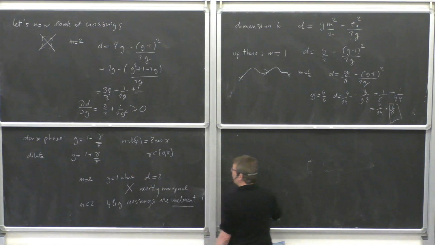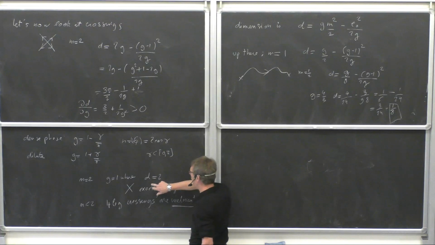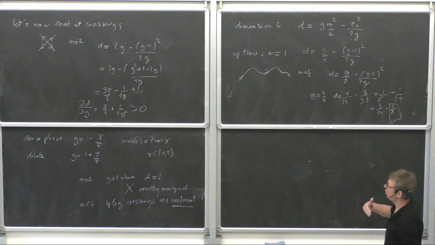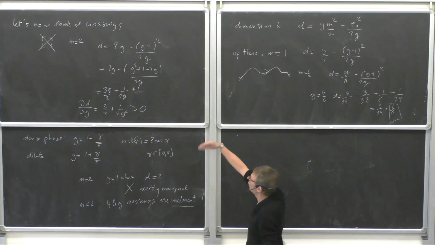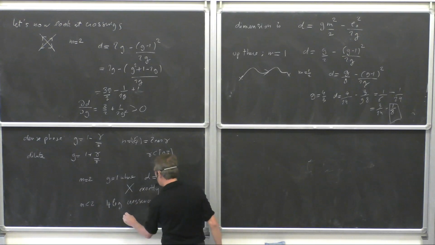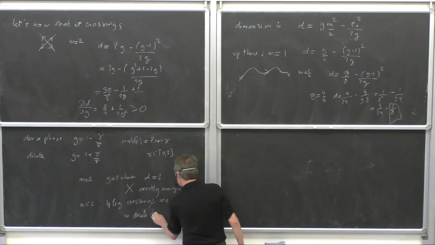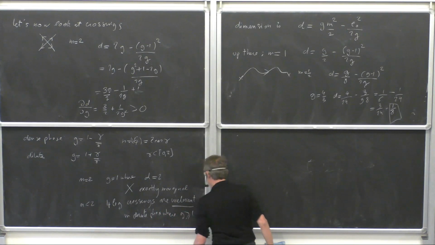Meanwhile, since g equals 1 corresponds exactly to D equals 2, any g smaller than 1 will lead to a dimension that's smaller than 2. So four-leg crossings are irrelevant in the dilute phase, where g is greater or equal to 1,